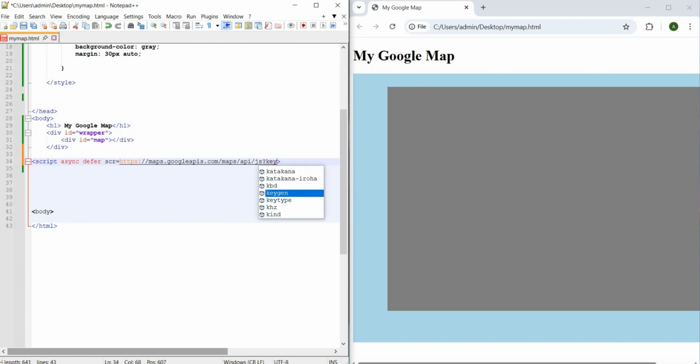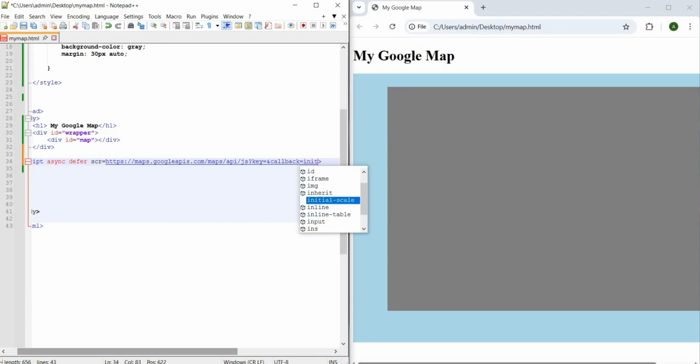We need the API key for this tutorial. API key equals, and callback equals initMap. Save.